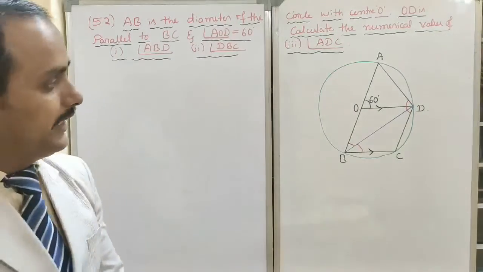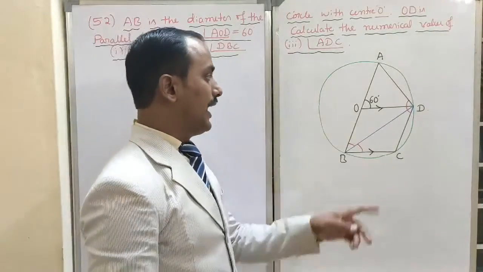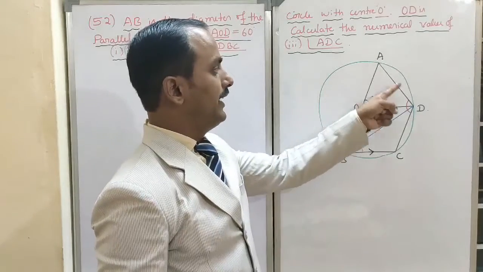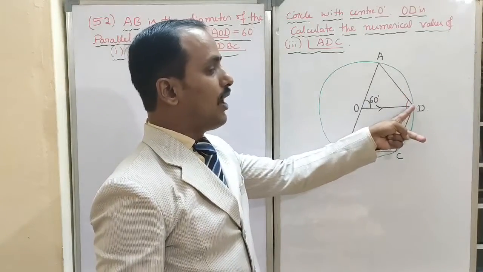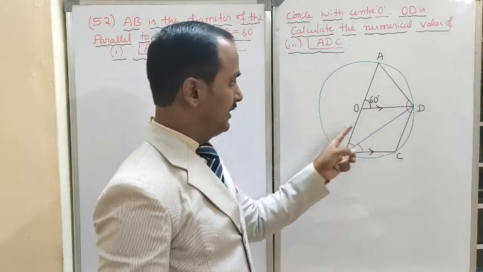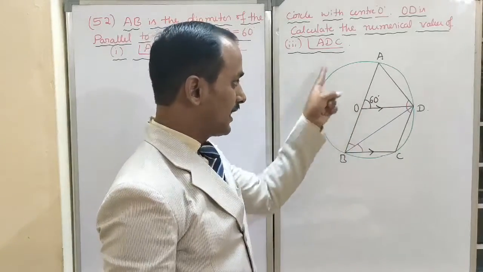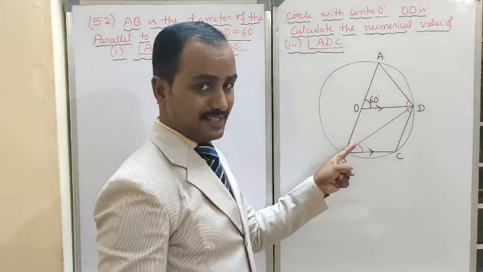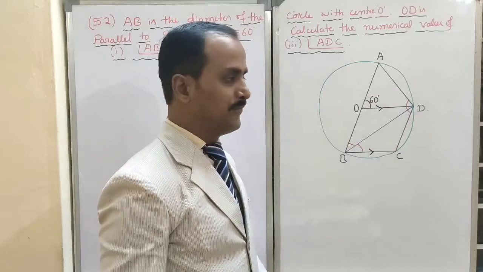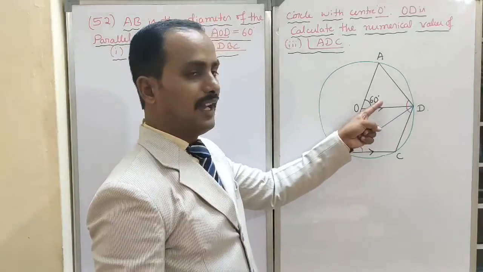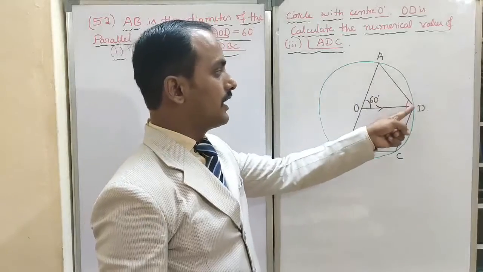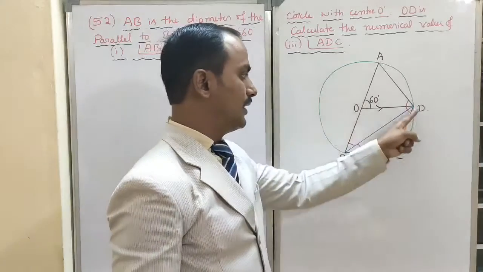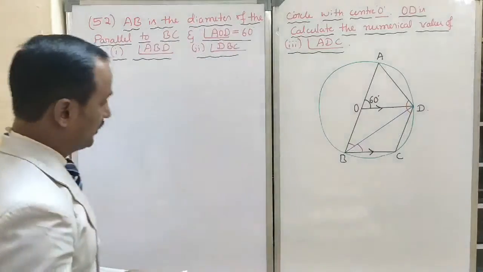Okay, how can I find? Any idea? See, given angle AOD, this 60 degree, is formed by the points A and D. The same A and D form one more angle, ABD. Means this is angle at the center, this is angle at the circumference. What is the relation between angle AOD and angle ABD? You remember once? Angle at the center subtended by the arc AD is equal to twice the angle at the remaining circumference here. Shall I write now? Coming to the solution, dear children.